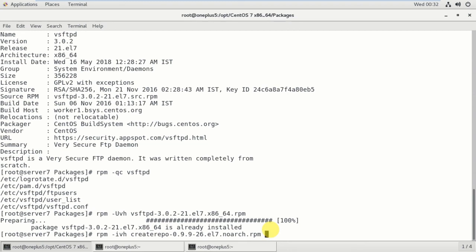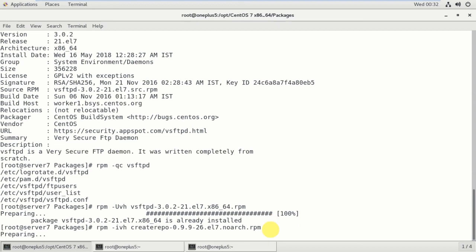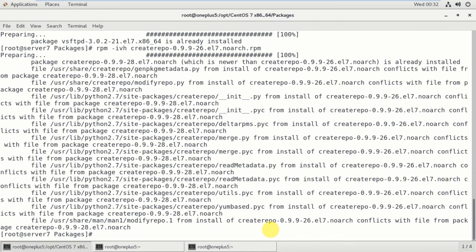We have to install this software to create a package repository. All the packages will be in that particular repository. So installing. Okay, here you can find the hashes, that means 100% completed. Hashes show the progress of the installation of a package. I installed these two packages, and next I have to enable